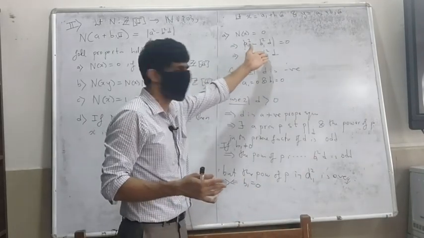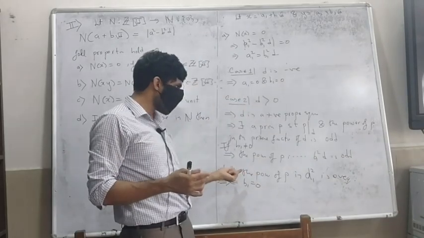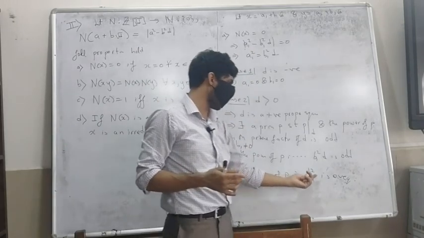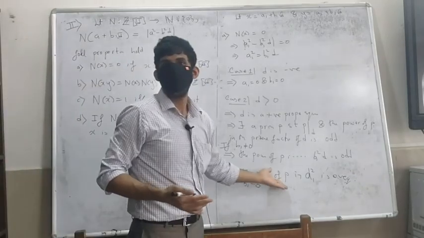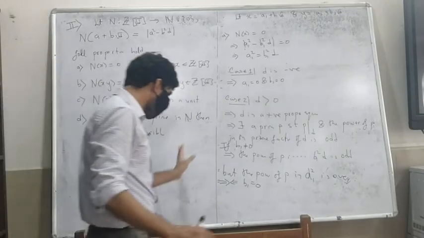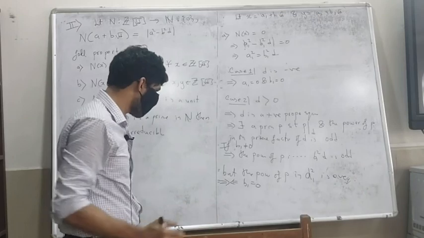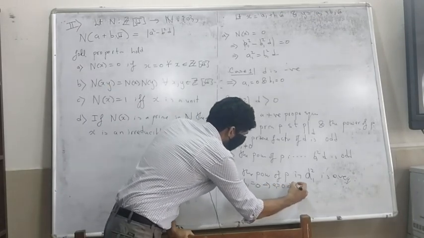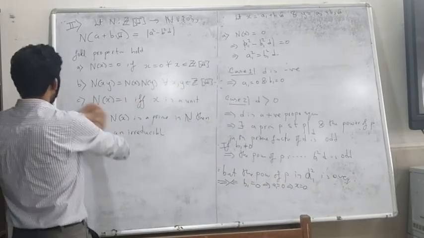I want to show it 0. If I show b1 is 0, a1 will also be 0. So this will be odd, but then a1 will also be non-zero. If b1 is non-zero, a1 will be non-zero, and the power of p in a1 square will have to be even, because it's a square. The power of any prime in a square will be even. So that's a contradiction, because both these are equal. That's not possible. So therefore b1 is 0, which means that a1 should also be 0, which means that x should be 0. Okay. What about the other side?